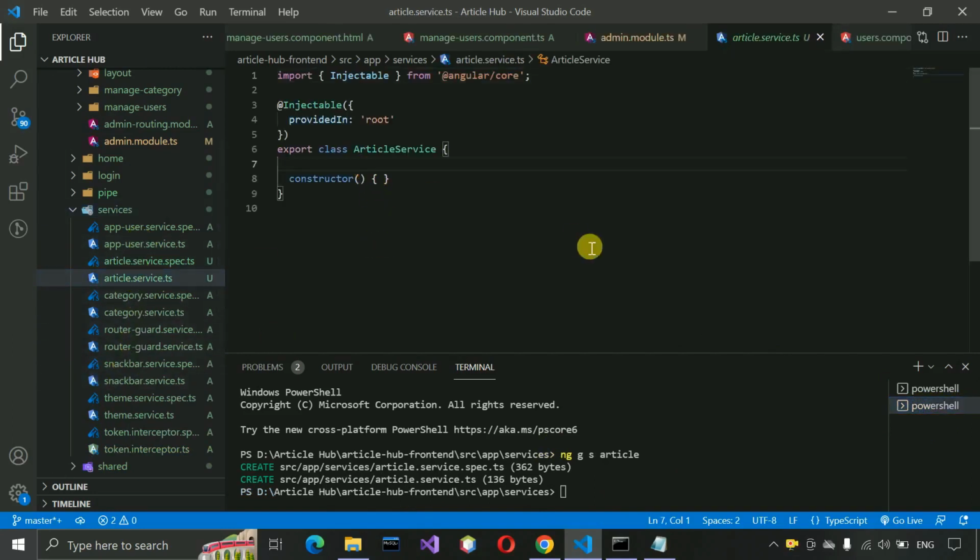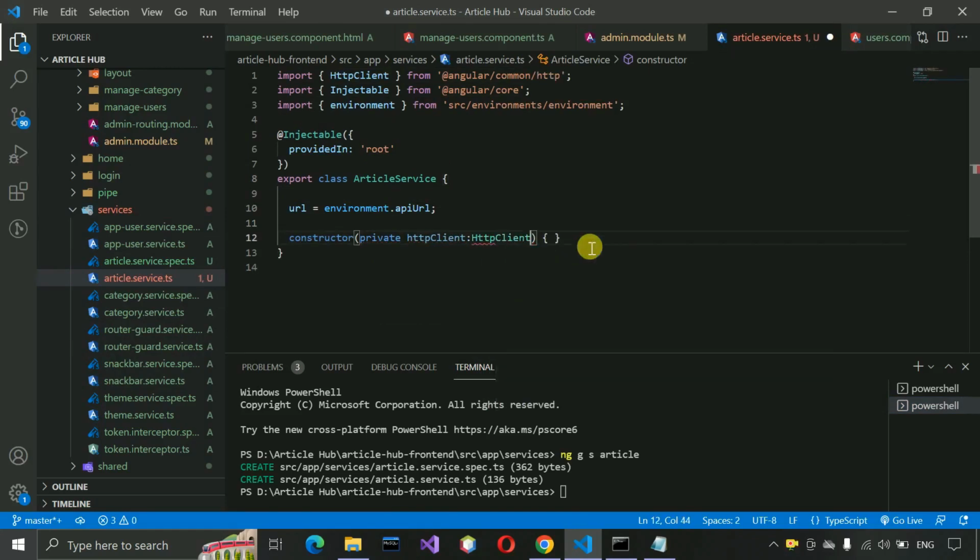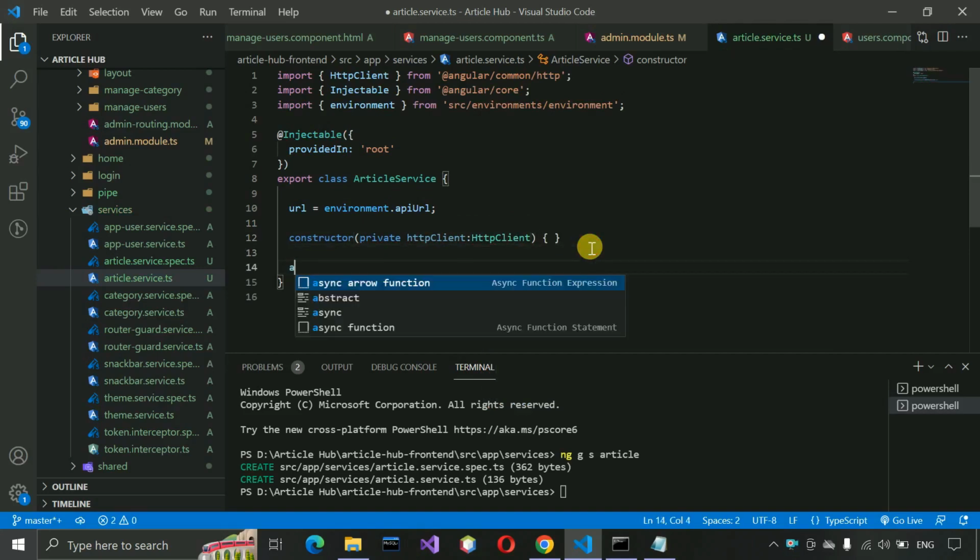Now first we need to import the URL. So URL environment dot API URL, and in the constructor we have to write private HTTP client, and here we have to write HttpClient. And then we have to write add new, and add new article,